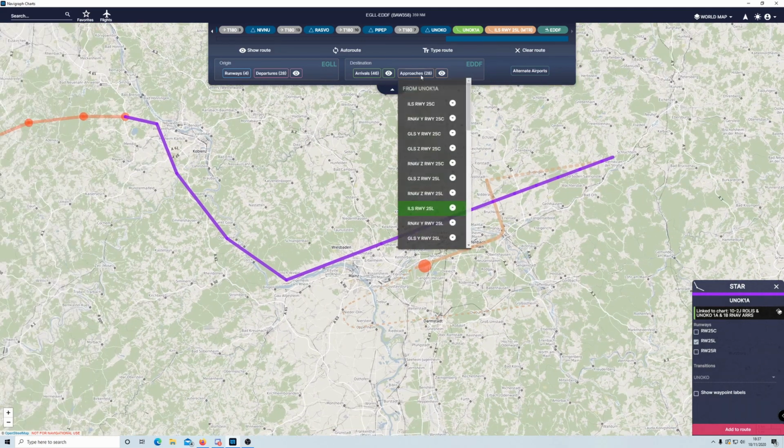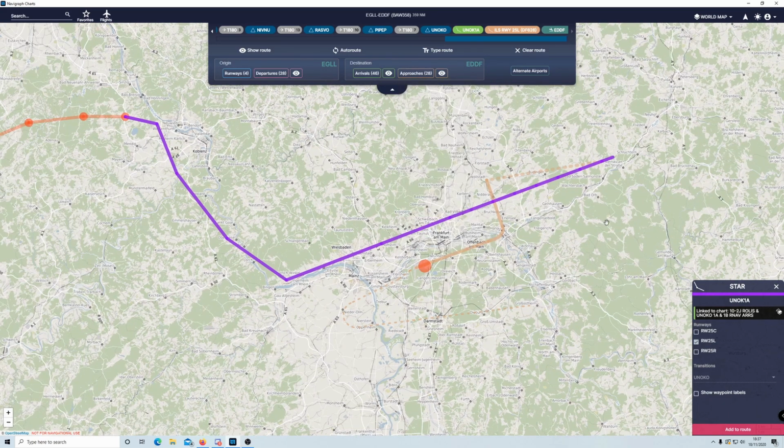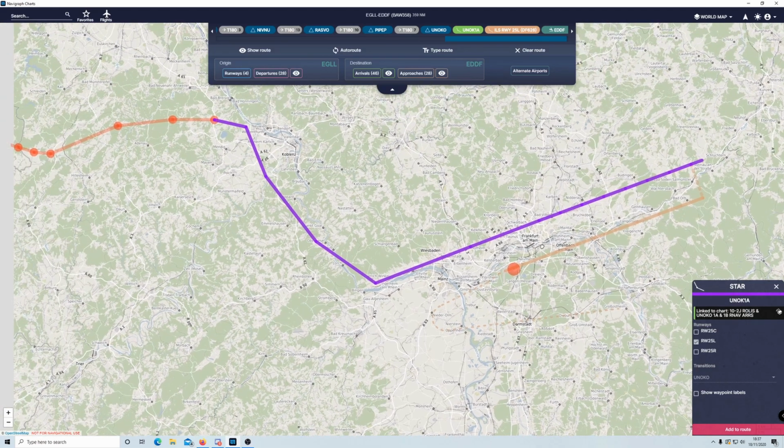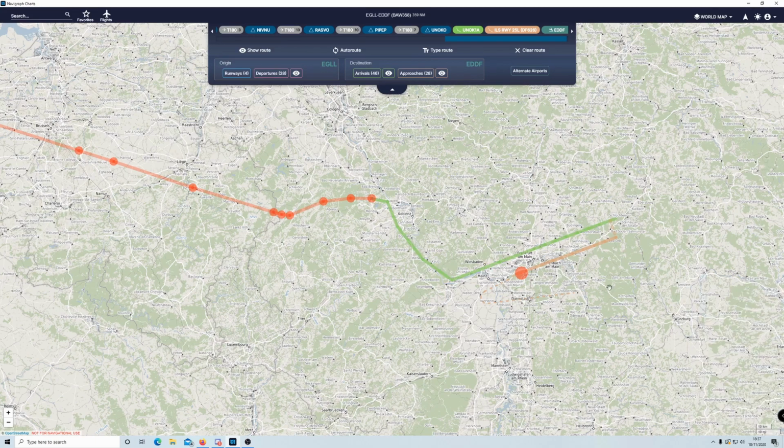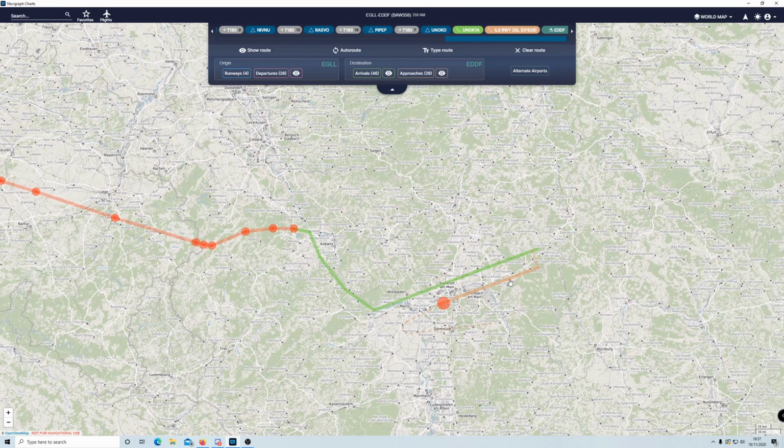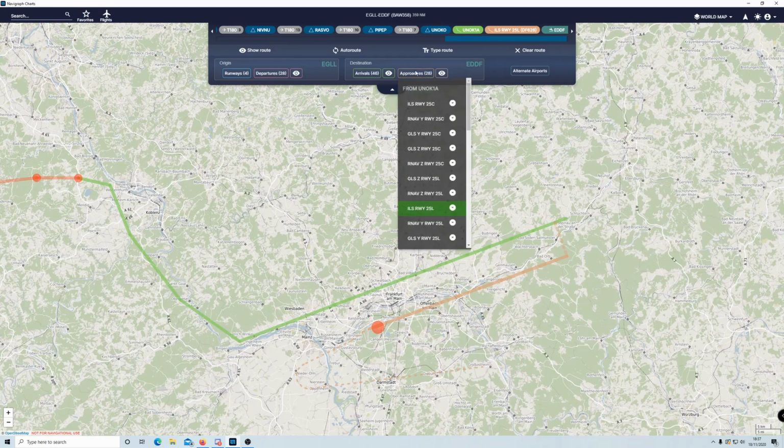There we go. In that case, you know that you need to select this one. It's parallel, so that's a classic vectored approach. You know that you're going to fly this arrival and then you're going to vector yourself, or VATSIM is going to vector you onto the approach. If you knew you were not on VATSIM and you wanted to try and create a continuous flight plan, you can try and fiddle a little bit with your arrivals and say, I don't know, let's see if there's anything that